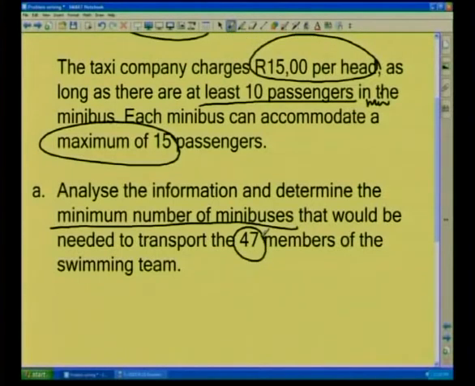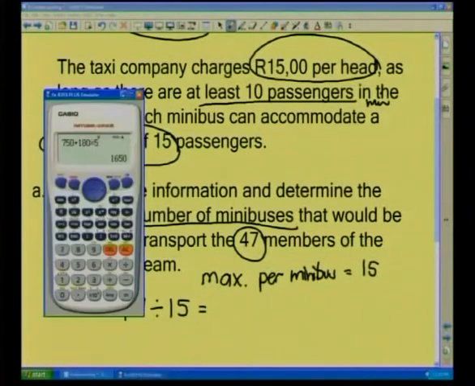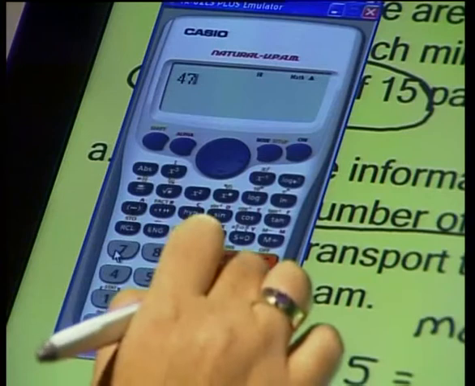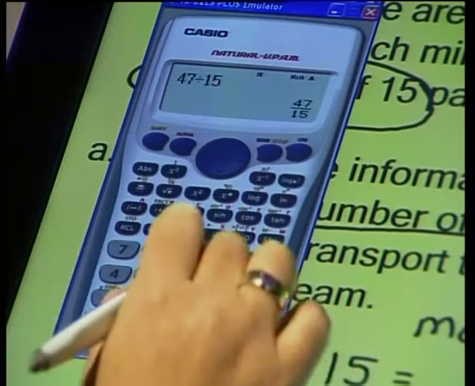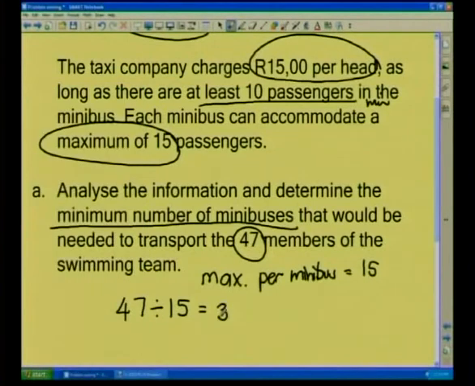Right, we know that the maximum number of people per taxi or minibus is equal to 15. So I need to take my 47 and share it between, and find out how many 15s there are in my 47. So I'm going to say 47 divided by 15, and I get an answer of 3.133